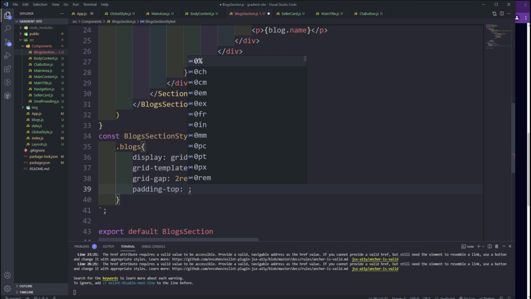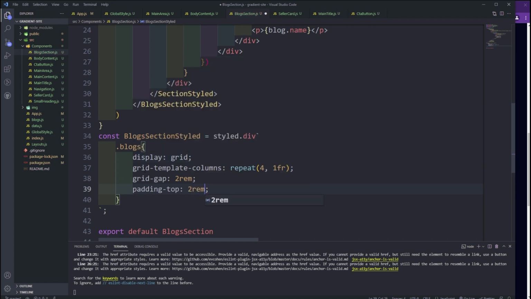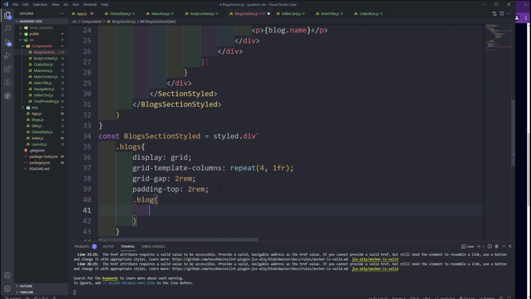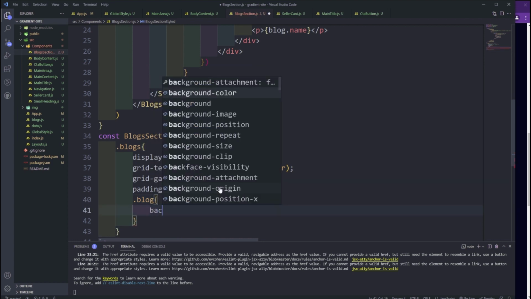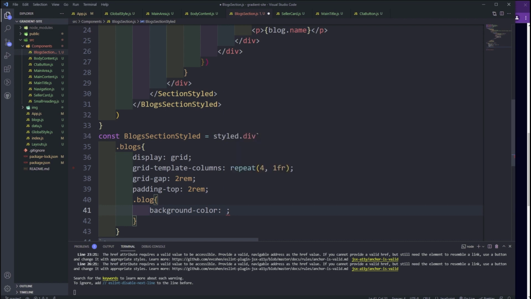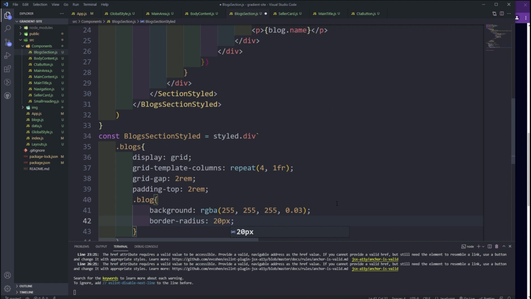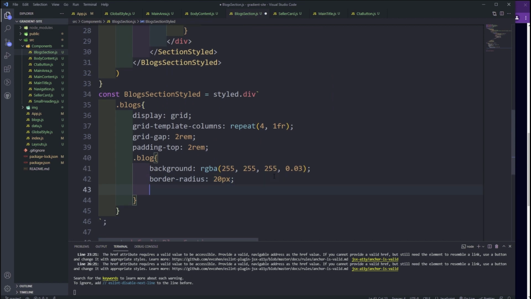So for padding top is going to be 2 rem as well, just to be consistent. Okay, and then we're going to tag each individual blog, and then we're going to give it a background color. So for the background, it's that same subtle white background. Okay, so this one, and then a border radius. It's going to be 20 pixels, and then we're just going to tag the image container, which is image, and